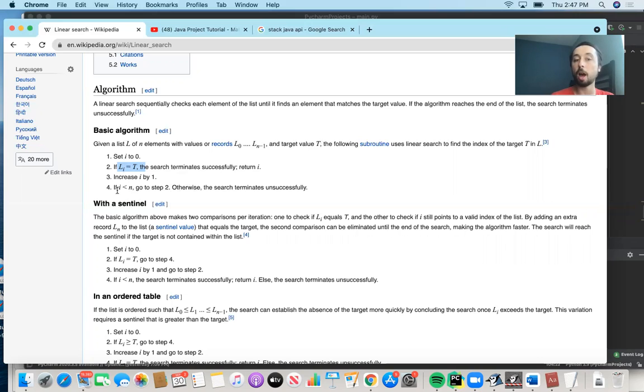But otherwise, if i is no longer less than n, if you get to the end of the list or the tuple, then the search terminates unsuccessfully. That means that you did not find the element. And typically what we're going to do for this purpose is return -1 if we did not